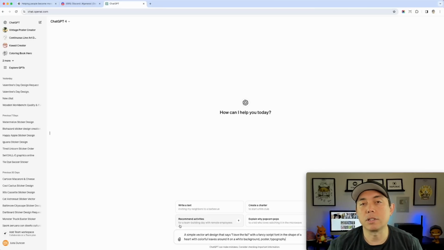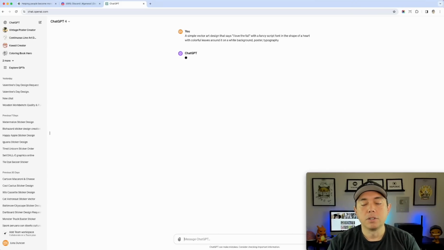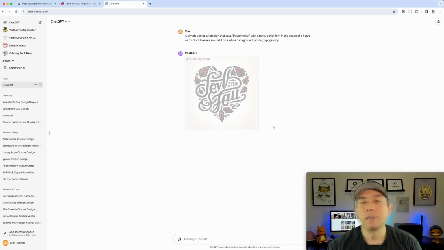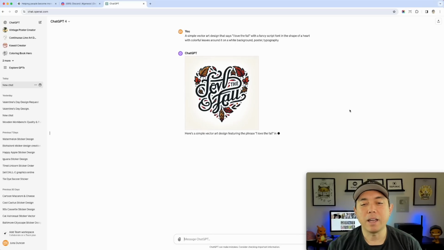I usually use StickerWiz here for stickers, but I'm just gonna use the straight up ChatGPT 4 and type in this prompt and see what happens. So this is going to think about it. I'm going to come back as well. It may take a few seconds, but we'll come back and see what it comes up with. Okay, we're back, and